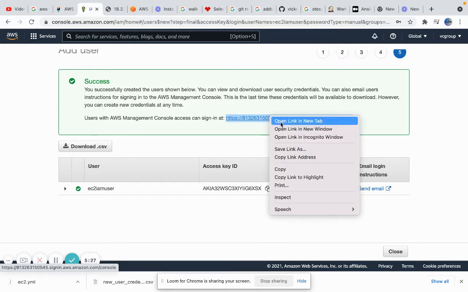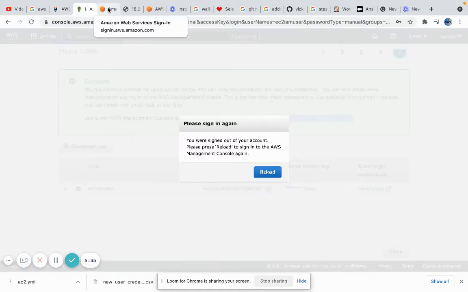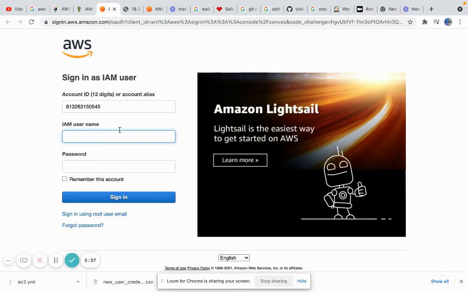Sorry, let me go and right click, and go here: the IAM username, the user that I just created, and the password for this user. Let me put the password for this user.